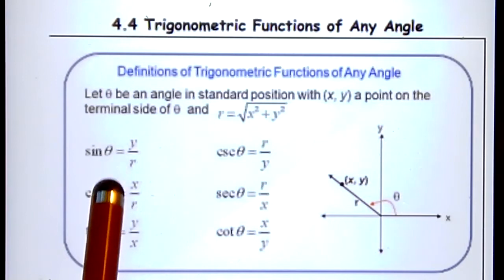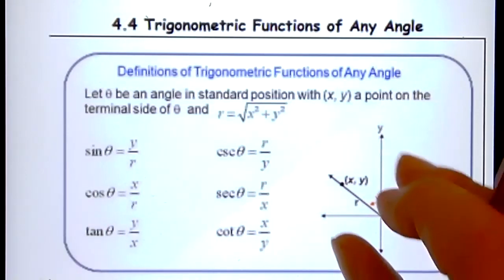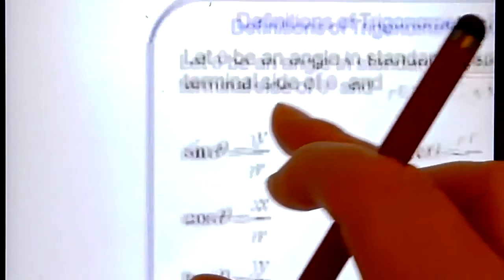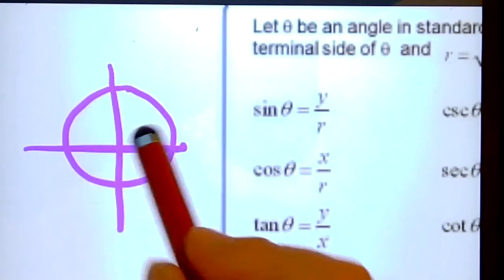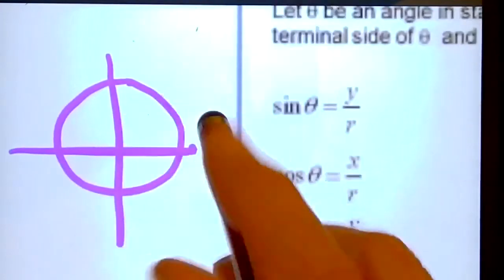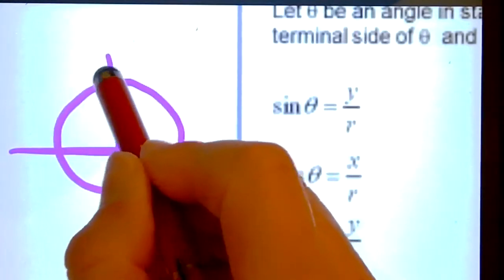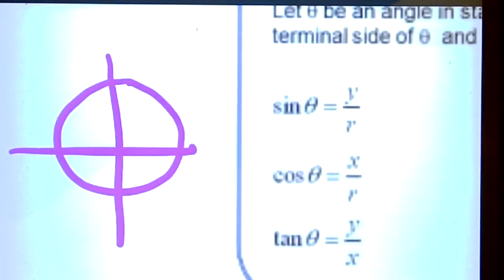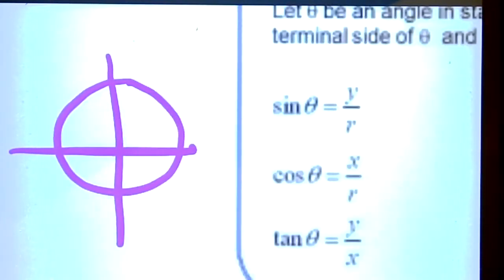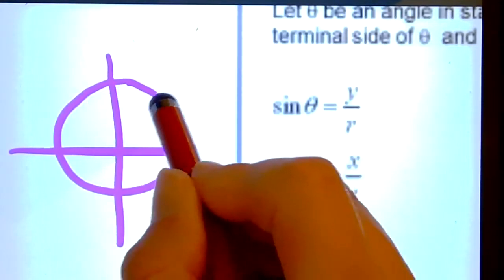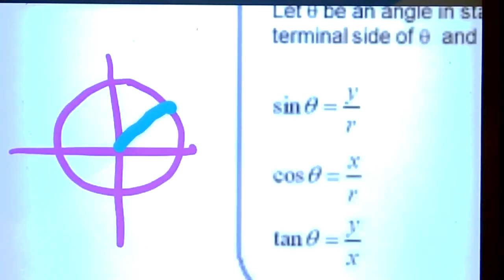The reason that these were y and x was because, let me just do a little sketch here, I'll do it over here on the side. It was because when I'm on a unit circle, give me one sec to get this up. So if I'm on a unit circle of radius 1, and this distance is 1, if I was just to draw this out, let me use a different color here. If this is a radius of 1,